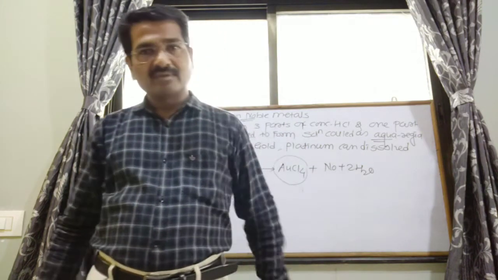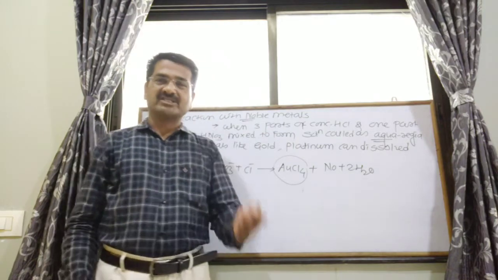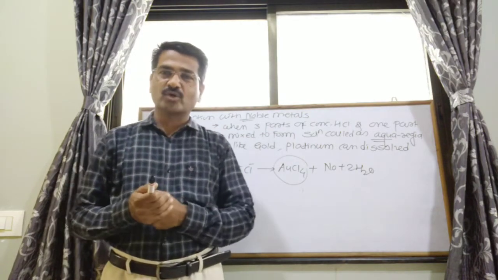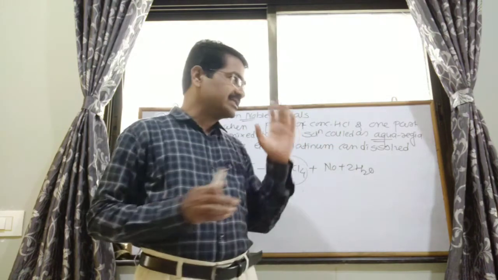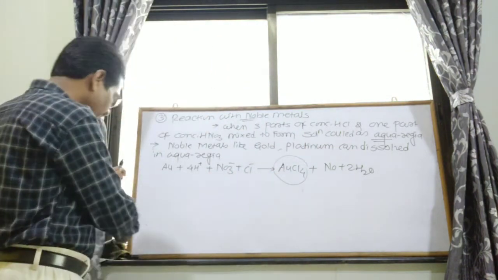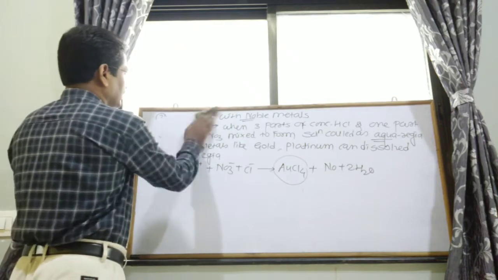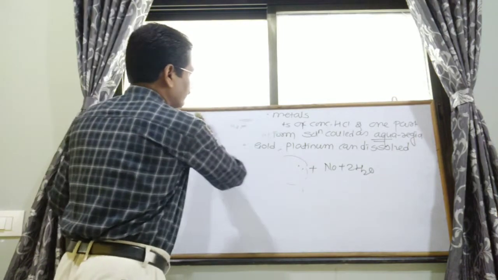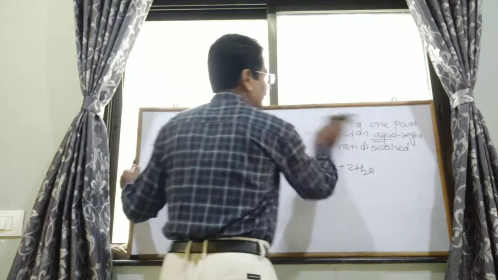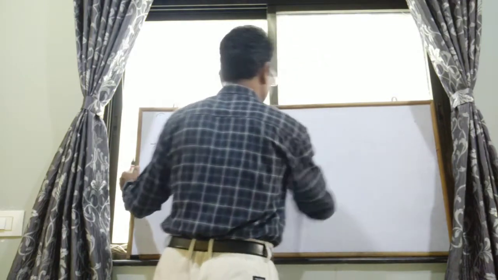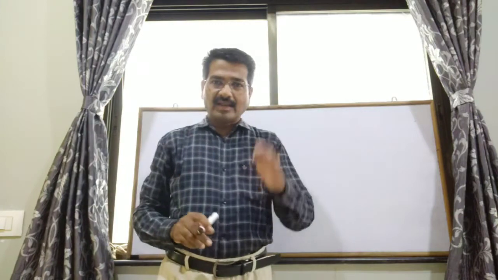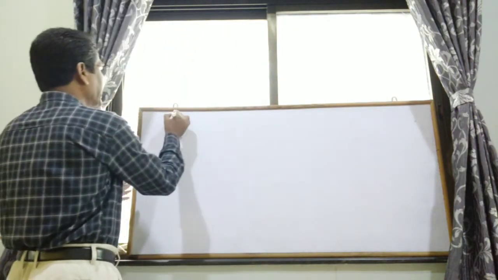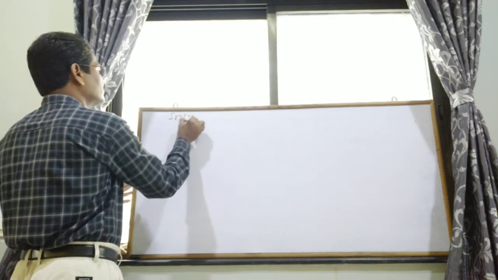First of all, we have to see the preparation method, that is the lab method of hydrochloric acid, then the physical properties, and lastly the chemical properties of hydrochloric acid. After that, see the last point of group 17 elements, that is halogens. The last point of halogens is interhalogen compounds.